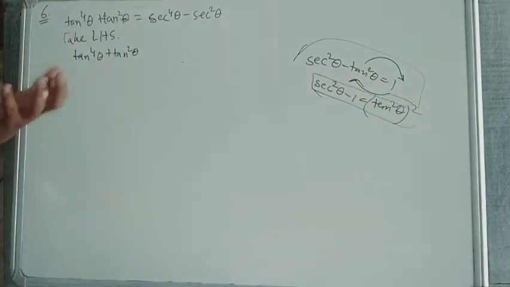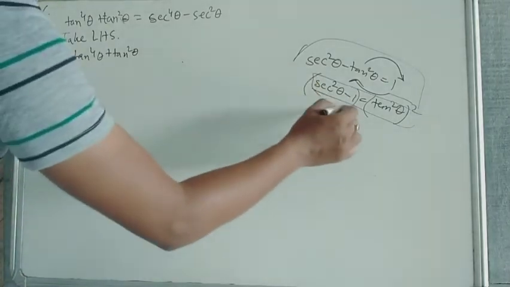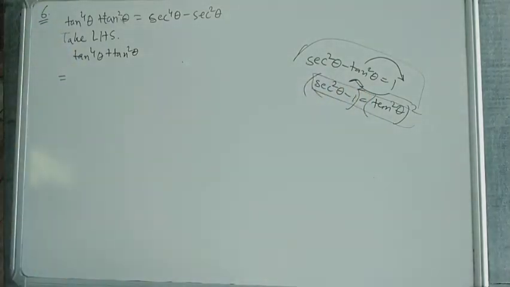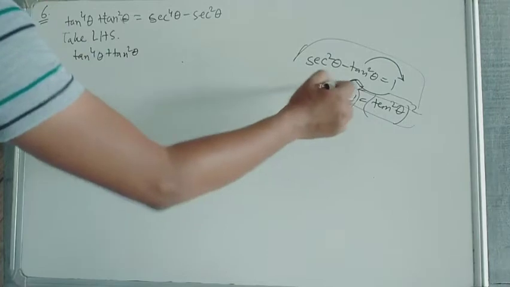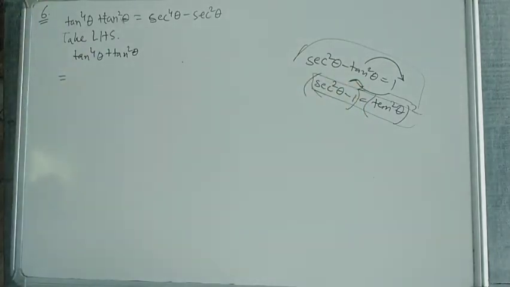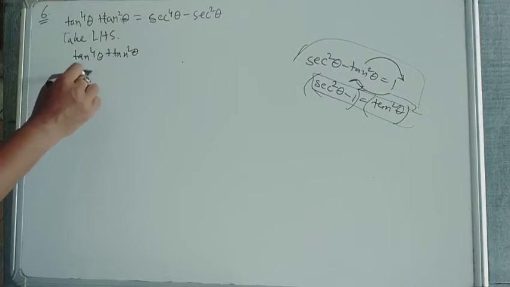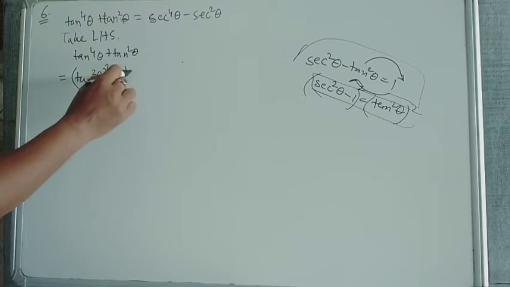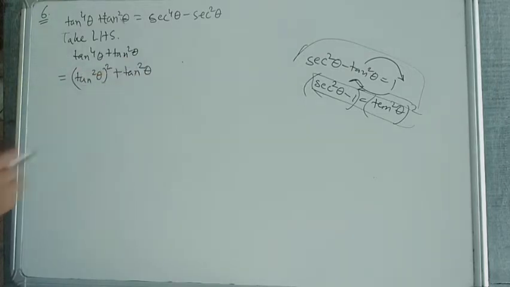2, then only it will become 4. Is it or not? So this means this one also becomes a square. Okay, if I square this side, we need the square of this side also. Understood this one? Okay. So this one I can write as tan square theta whole square plus tan square theta.